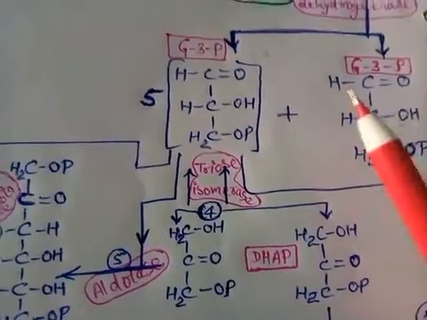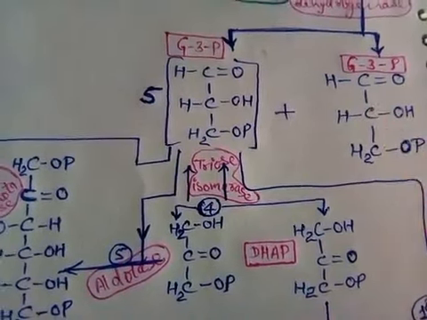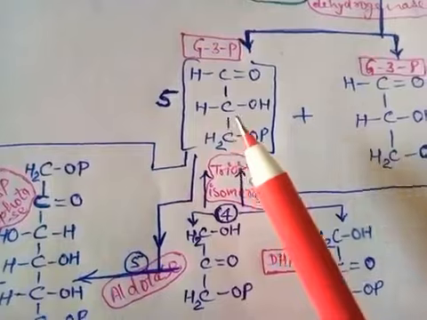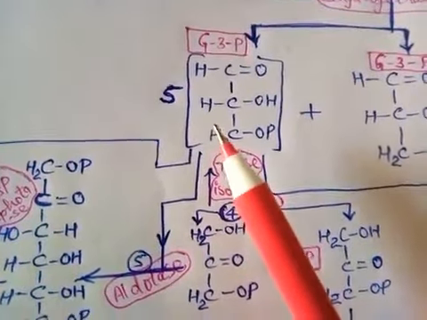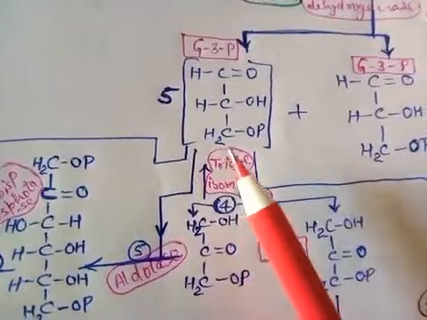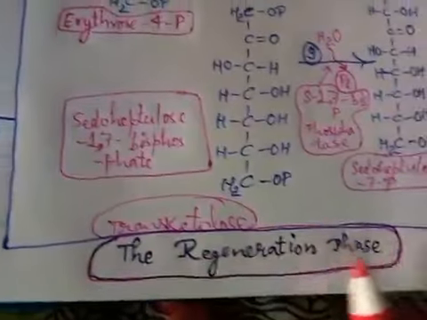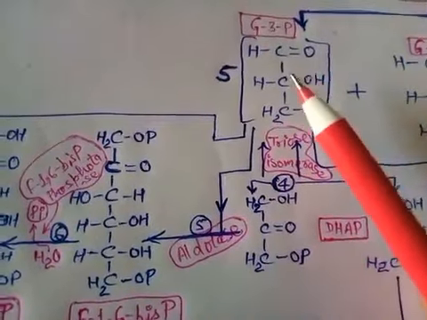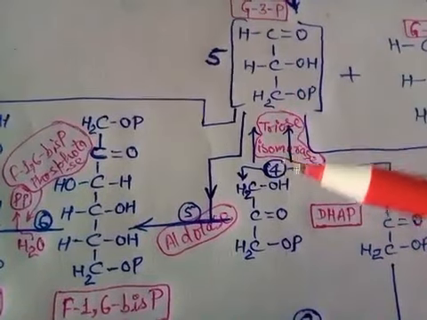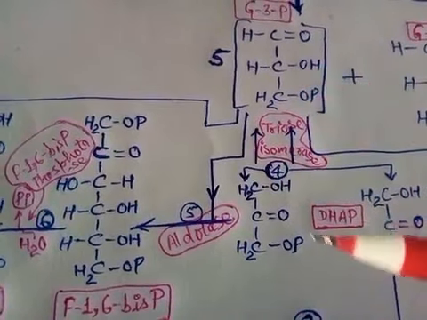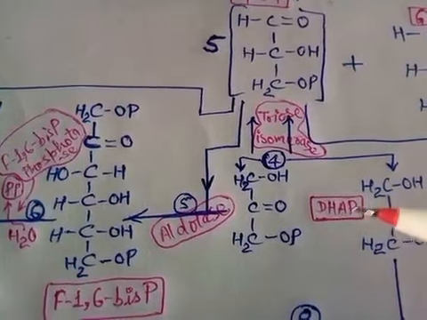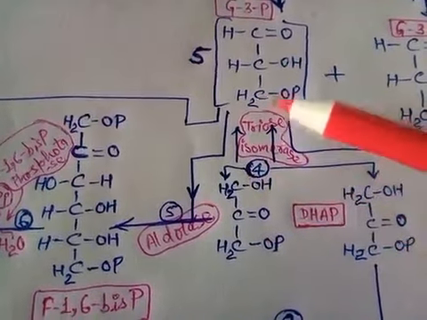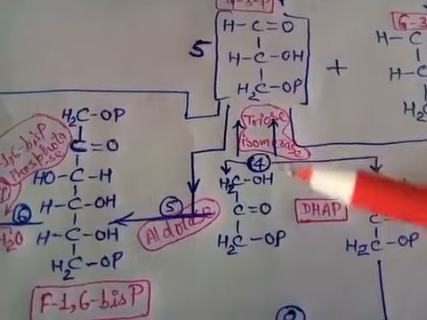So it is half a glucose molecule, because glucose has 6 carbons, and the rest 5 molecules of glyceraldehyde 3-phosphate are now regenerated into RuBP. Therefore from this point the regeneration phase starts. 2 molecules of glyceraldehyde 3-phosphate, in this reaction number 4, are converted into dihydroxyacetone phosphate, DHAP. These are the 2 molecules and they are interconvertible, therefore triose isomerase works here.